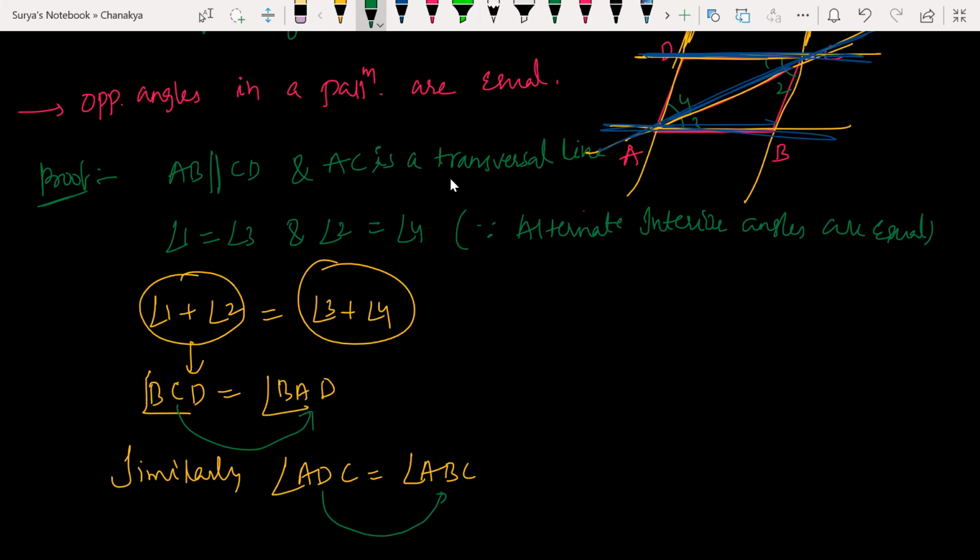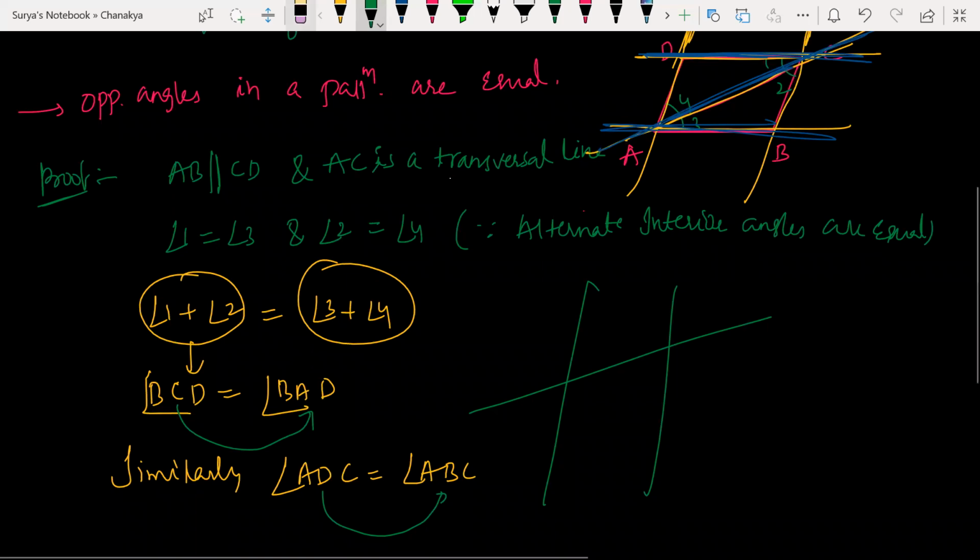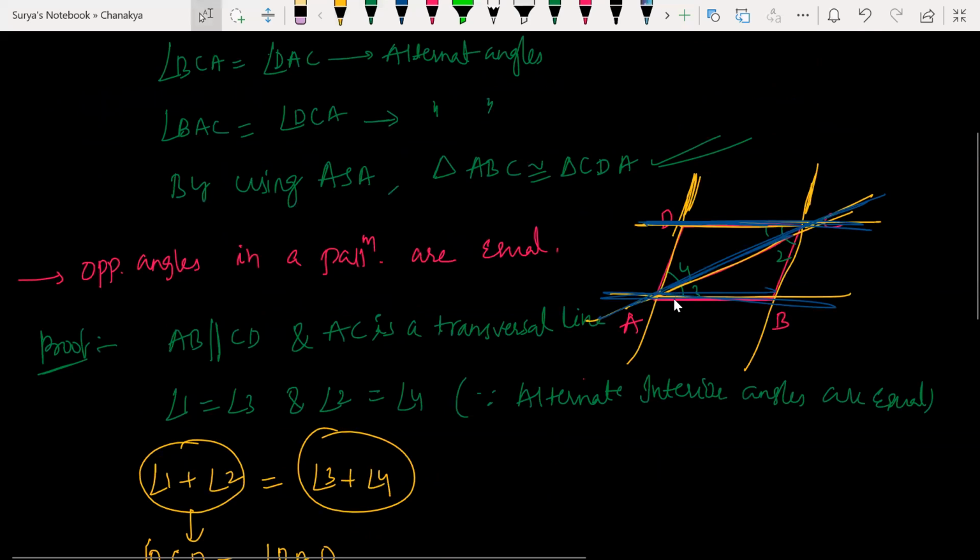Opposite angles. So whenever two lines are parallel and one transversal line is passing through them, look at these two lines are parallel. So two transversal lines are there. So in this case, opposite angles will be equal. So clearly you can understand here. Look at this here. These two are parallel. These two are parallel. This is a transversal for both. Yes or no? So whenever that is the case, 1 and 3 will be equal, 2 and 4 will be equal. So the sum of these two will of course be equal.